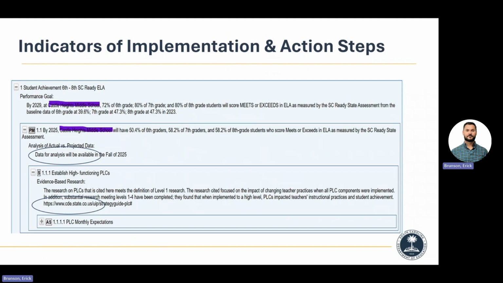And honestly, there are sites that just use their iReady data. That's because they have more access to it. They have more monitoring that they're doing with it, just getting revisions according to what the iReady data gives them. So even if you chose to use iReady as opposed to SC Ready, by the time they take SC Ready, the year's over with. So there's nothing else you can do if that's all you're looking at. So if you choose to do iReady versus SC Ready, that's perfectly fine. Excellent. Thank you.